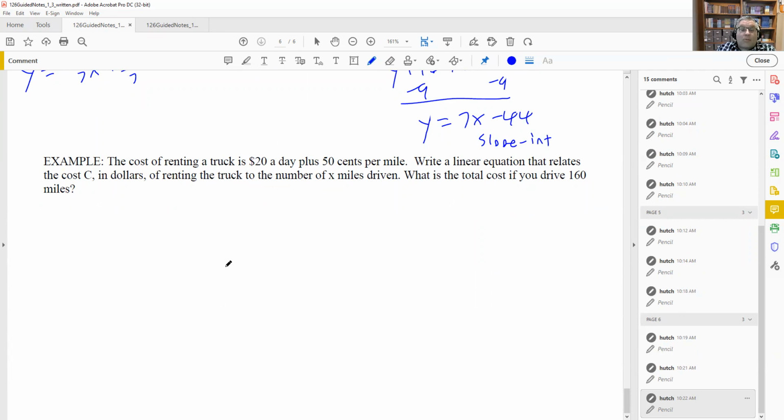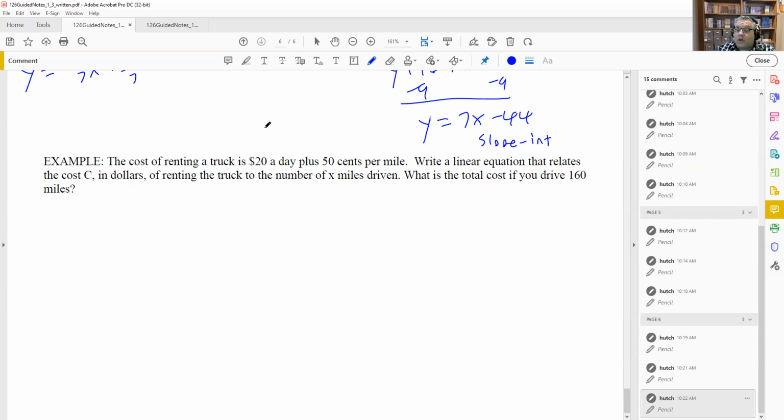All right, so a couple of things we have to do on this. We have to first come up with the equation, and then we're going to answer the question that comes afterwards once we have the equation there. Now we want to use the variables specifically that are given here. So I don't want to use a Y or something like that because it's not given there. If you do these problems in MyOpenMath, they're going to expect you to use the exact same variables that they set up here. Because it says cost, I do want to come up with an equation that starts